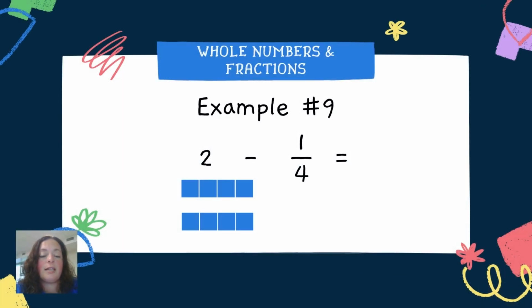Let's look at our last example, example number 9. 2 minus 1/4. We have a picture representation of 2. It looks like 2 whole bars, but they're broken into fourths so that we can see what it looks like when we remove one of those fourths. When one of the fourths disappears, we no longer have 2 whole pieces. We have 1 whole piece, and 3/4 of the second one is left. So 2 minus 1/4 is 1 and